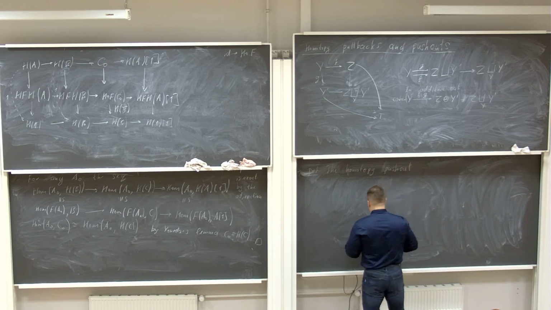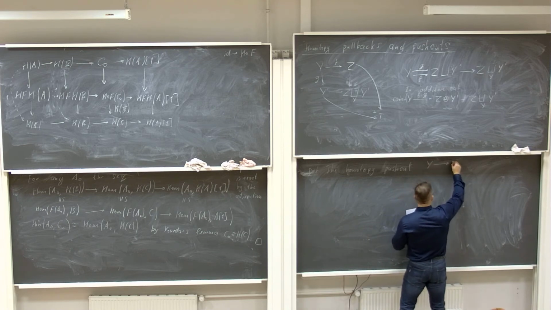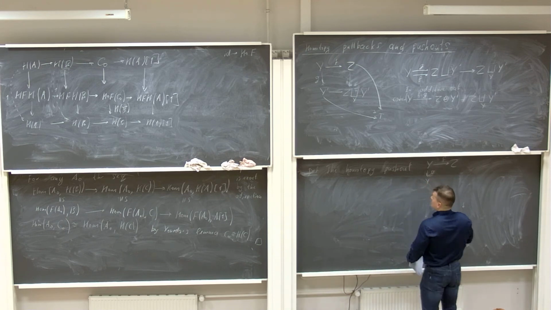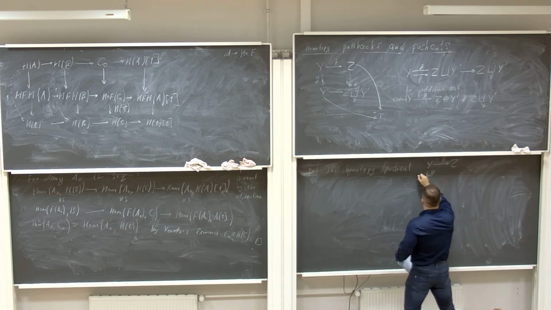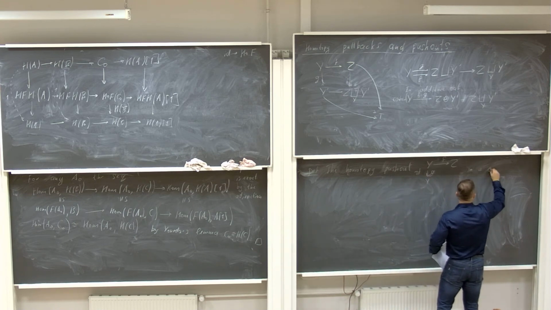So the homotopy pushout of the diagram as before, but now this is in the triangulated category. So I have y, which is mapped to z with the map f, and y is mapped to y prime with the map g. So the homotopy pushout, say, of this diagram in a triangulated category